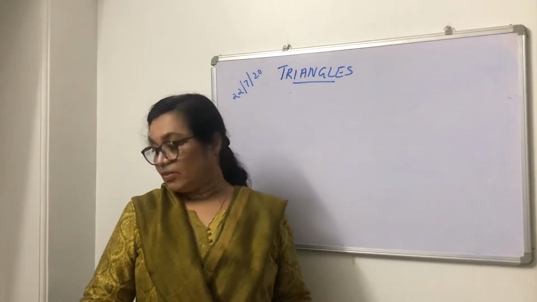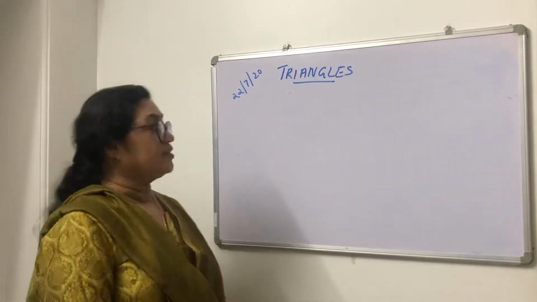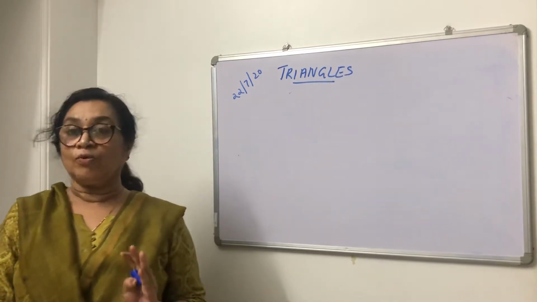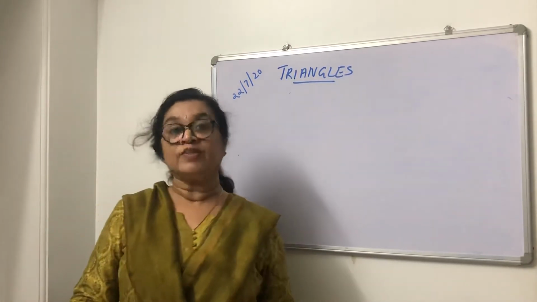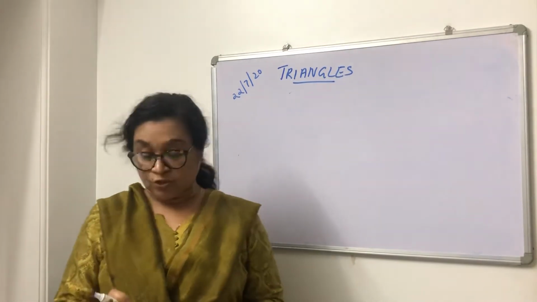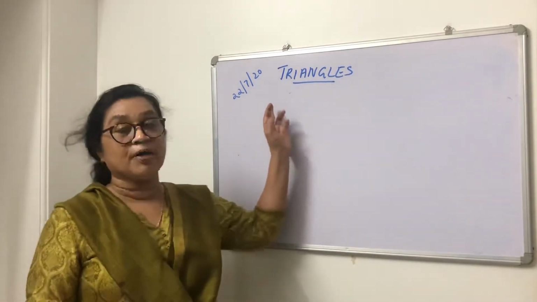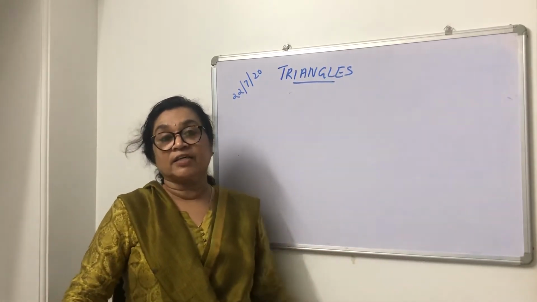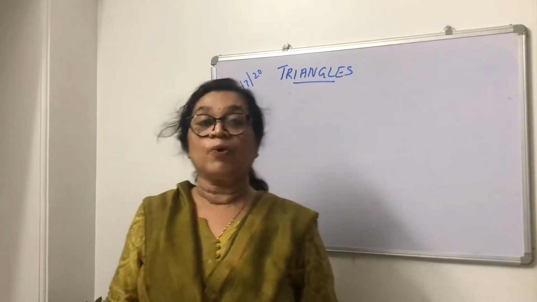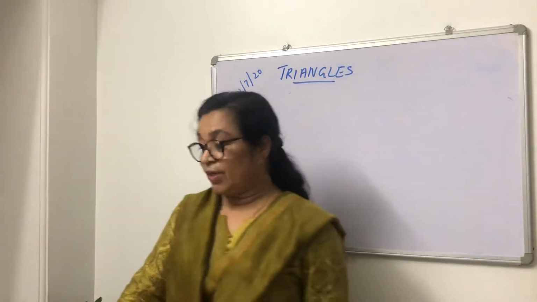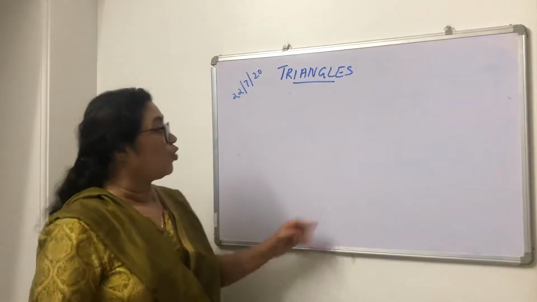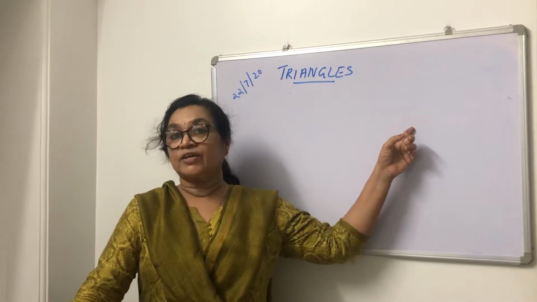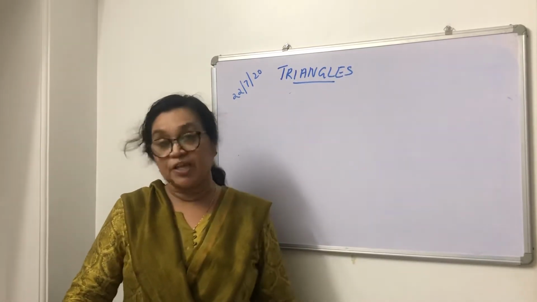So all congruent figures are similar figures, but similar figures are not always congruent figures. Two polygons with the same number of sides are similar if their corresponding angles are equal and the corresponding sides are in the same ratio. Yesterday I showed two quadrilaterals whose corresponding angles are equal and corresponding sides are in the same ratio.